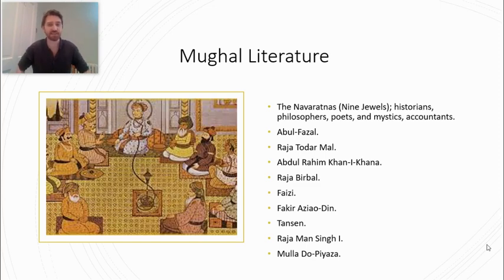Now, there's a list of nine of his most famous advisors, and before the seminar, I would like you to pick one or two of them and get some knowledge about who they were and what they did. Because these nine jewels really give us an insight into what was valued by the Mughal emperor and in Indian society. So pick one or two of those because I'm going to go through all nine of them in the seminar in more detail.